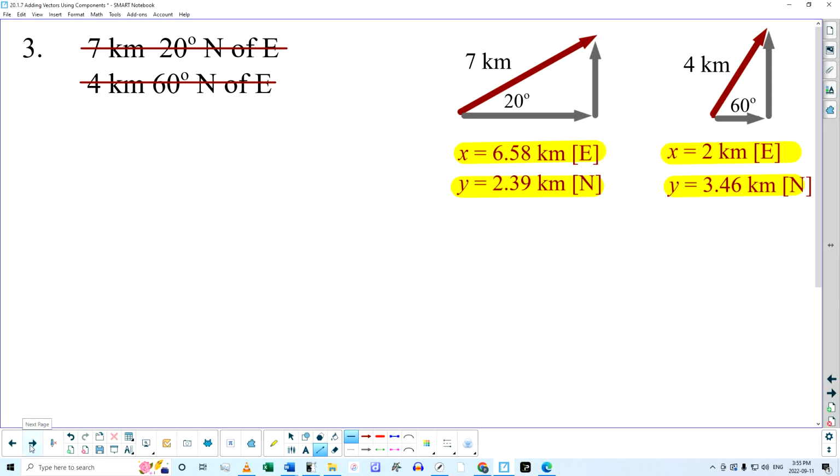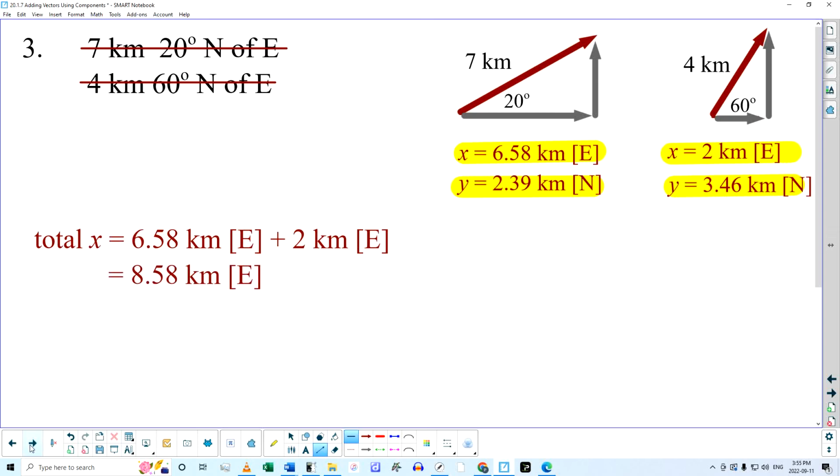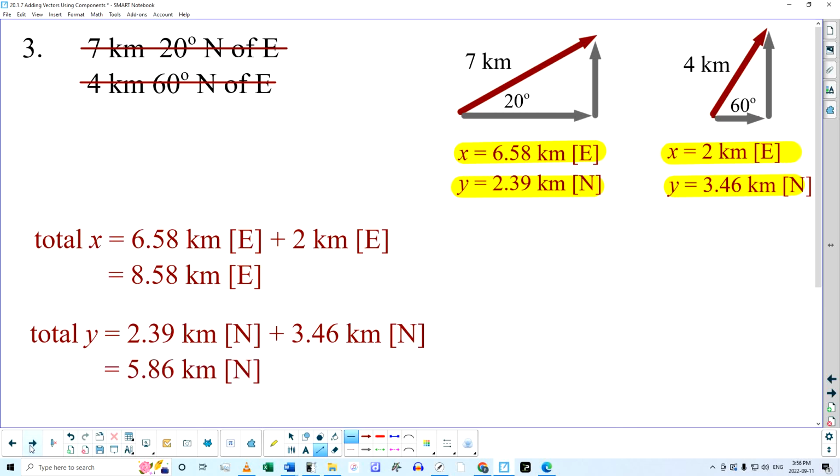Now what we're going to do, same as example 2, we're going to find the total x. So I need to add the 6.58 kilometers east and the 2 kilometers east. That's pretty basic. They're in the same direction, so I add the numbers together, and the direction is obviously east. I need to find the total y. So I have 2.39 kilometers north, 3.46 kilometers north. That's pretty easy. I just add the numbers together and get 5.86 kilometers north